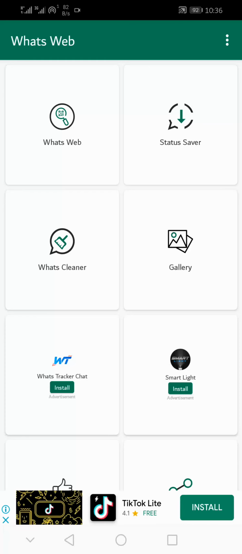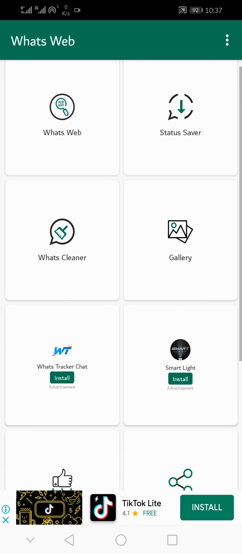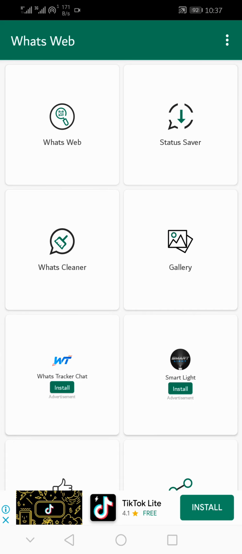What you are seeing on my screen is WebWhats or What's Web. WebWhats is an application to use WhatsApp Web on a mobile phone. So in this guide today, I'm going to show you the step-by-step procedure to download and install WhatsApp Web or WebWhats